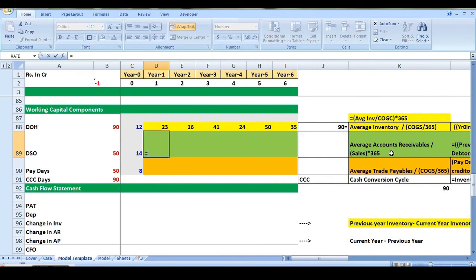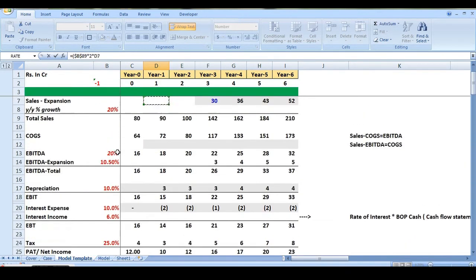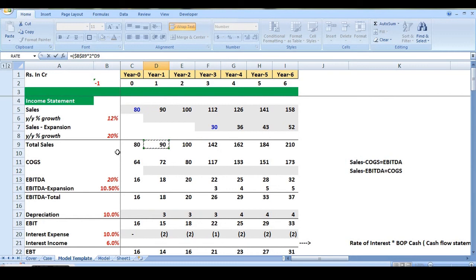So it is equal to days of, in the bracket, days of sales outstanding, we take it and we freeze it. As in the previous formula, the holding period remains constant, so we freeze it. Multiplied by 2 multiplied by sales. In case of debtors, we take sales value instead of COGS. So we take the sales value of year 1, and when we talk about sales, we are talking about the total sales. Remember it. Okay. Divided by 365. 365 is the number of days in the year.